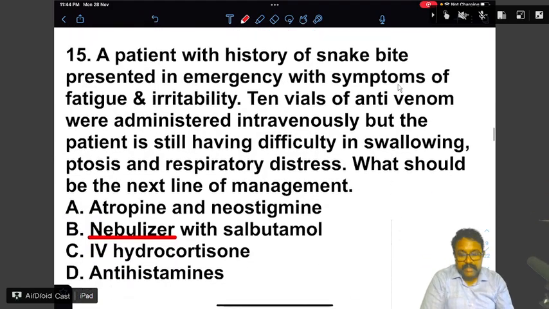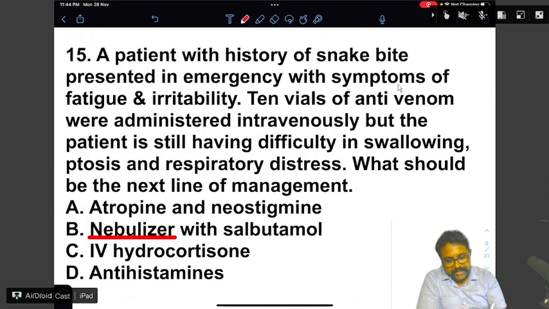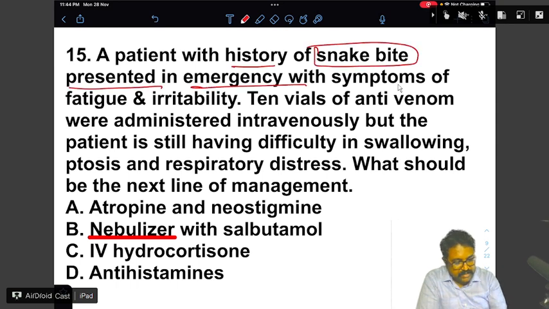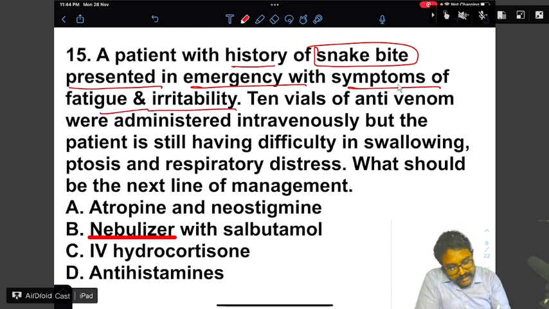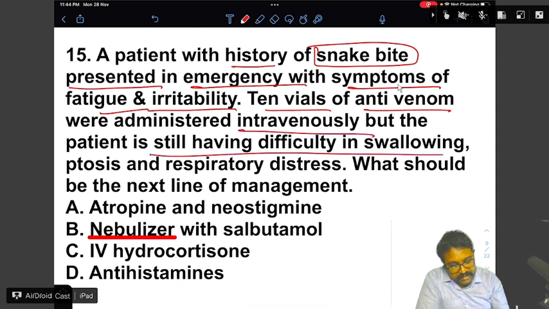Next, moving on to the next question: a patient with a history of snake bite presented in emergency with symptoms of fatigue and irritability. 10 vials of anti-venom were administered intravenously, but the patient is still having difficulty in swallowing. He has ptosis, respiratory distress, and what should be the next line of